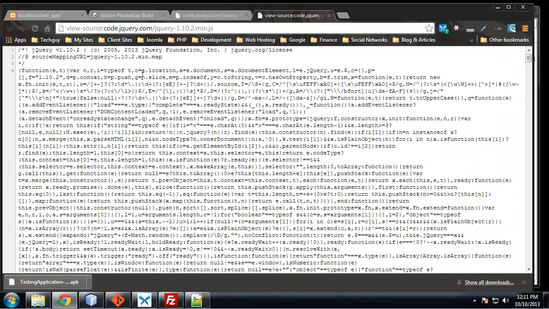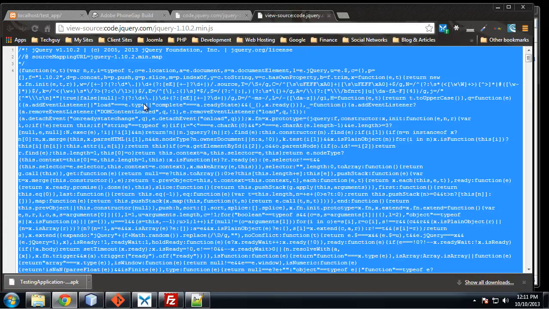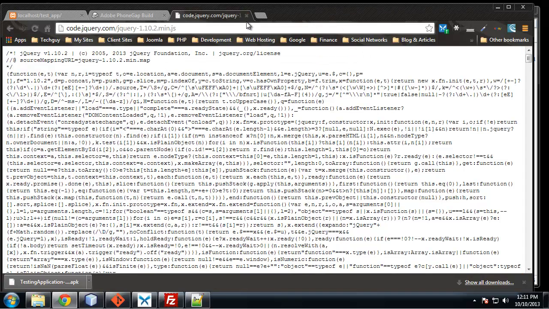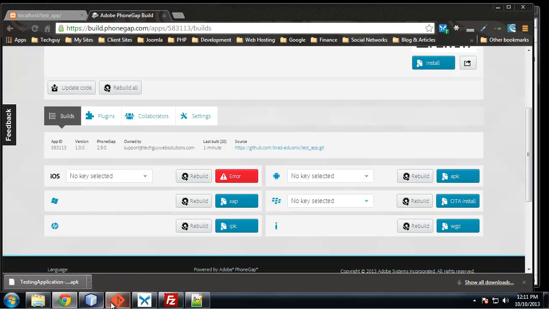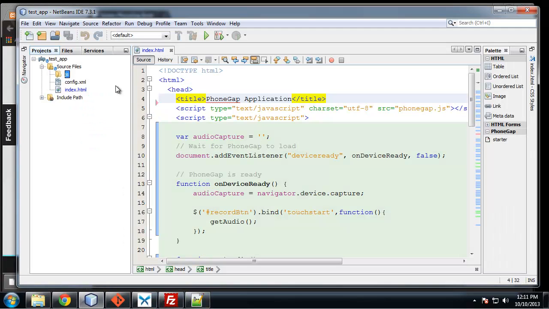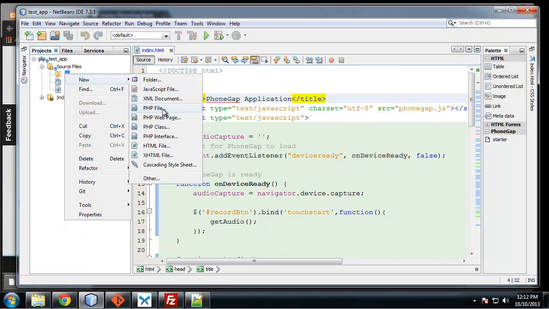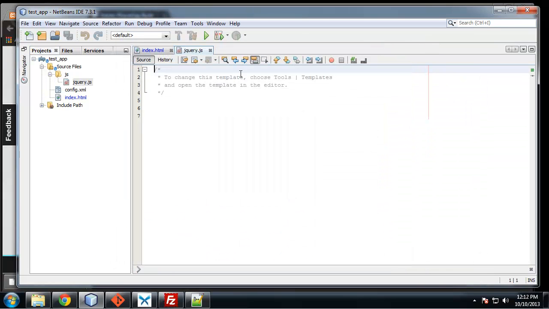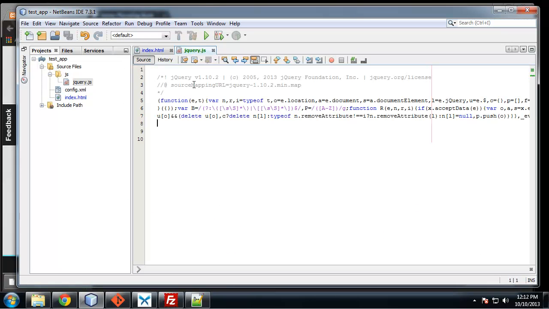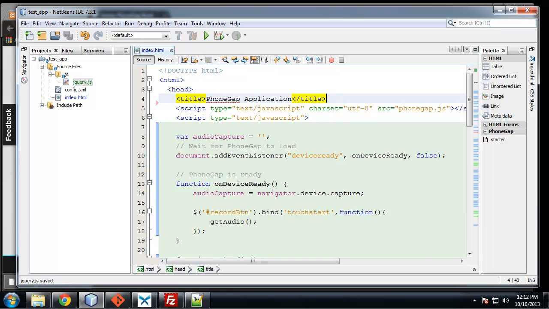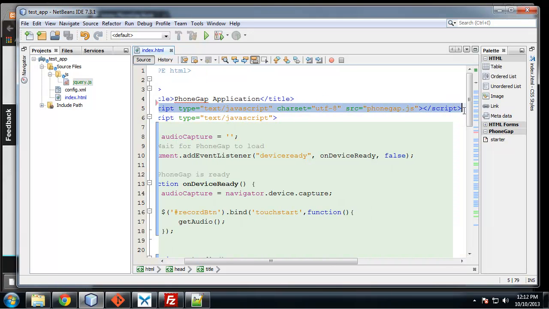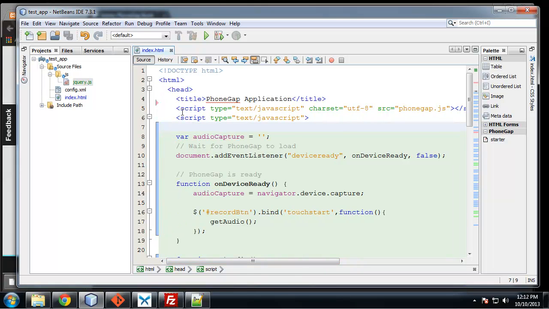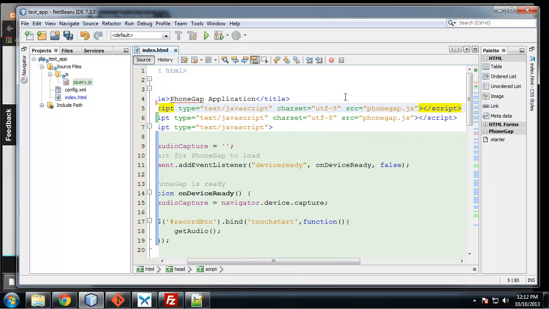Actually, we should view source and then copy. And Control U is view source. Okay, so let's go back to here. We'll say new JavaScript jQuery. And we just want to paste that code in there and save it. And now we just want to include it. Copy that. So this is going to be